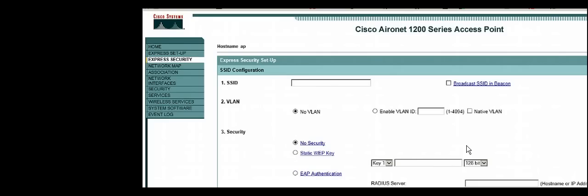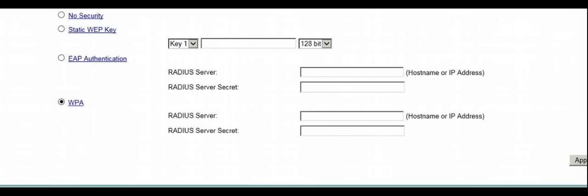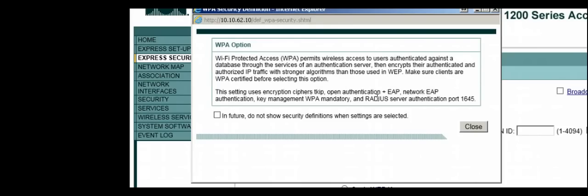So I'm going to just call the SSID radius because that's what I'm going to use. And now I want to go down here. I'm going to use WPA authentication. You notice that again, this is not real new. What this says for WPA, Wi-Fi protected. The settings: open authentication plus EAP plus network EAP authentication, key management, WPA mandatory, radius server 1645, which really shouldn't